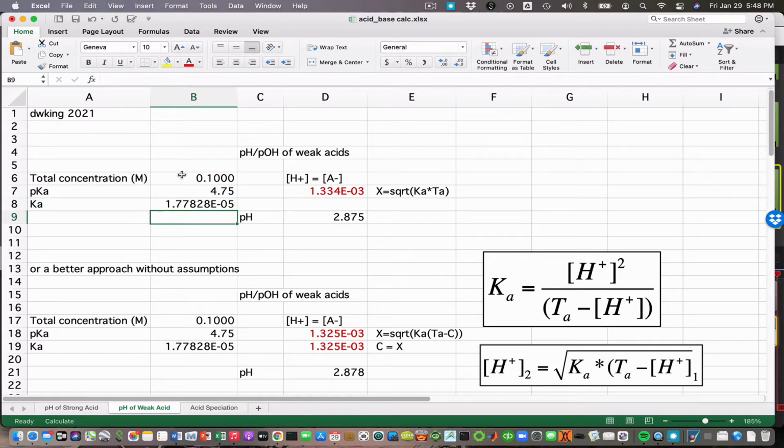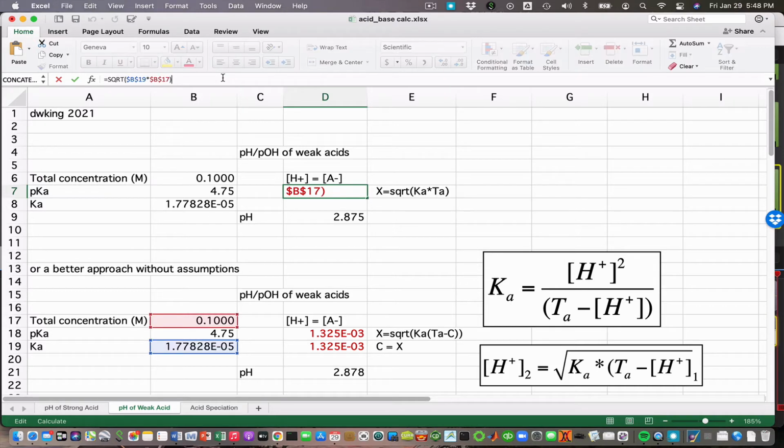Okay, so we are interested in determining the pH of a 0.1 molar solution of a weak acid with a pKa of 4.75. As we discussed in the theory, the H plus, which I have set as X, is equal to the square root of Ka times total acid. So I click on cell D7, and you can see I have the square root, SQRT,